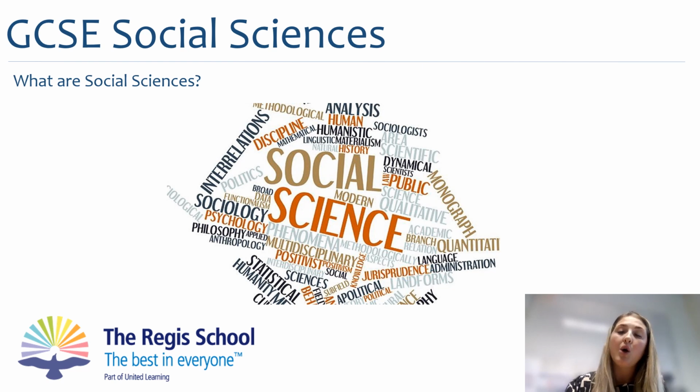GCSE psychology is slightly different. It's a brand new course. We've run A-level psychology for a number of years, and now we want to extend the opportunity for younger students to study it as well. So GCSE psychology is the study of the mind and human behaviour. Again, we look at research and experiments that attempt to understand more about our psyche as opposed to people in society. You will look at things like memory, why it is we can remember some things like song lyrics forever and other things like maths for minutes and then it falls out of our head. You will explore psychological problems like depression and addiction, and you will study the science of the brain looking at neurology. This is similar to biology.